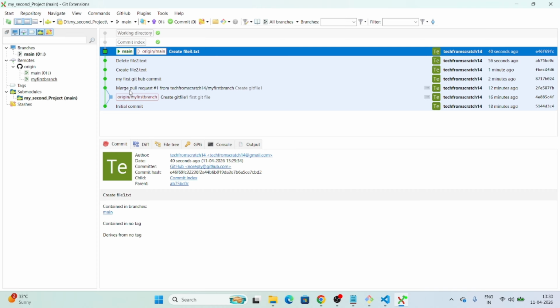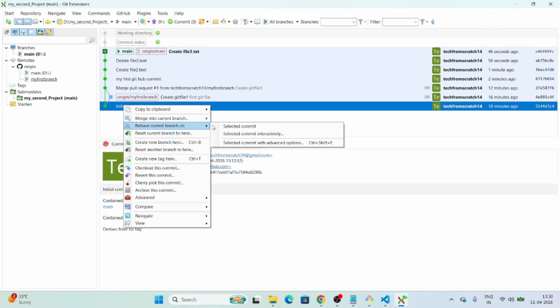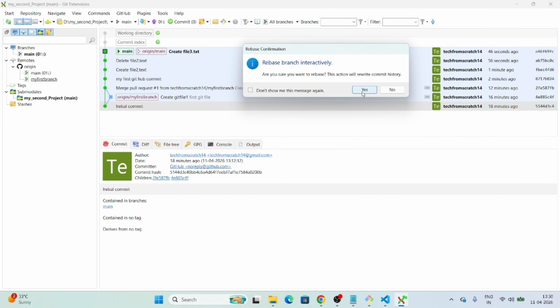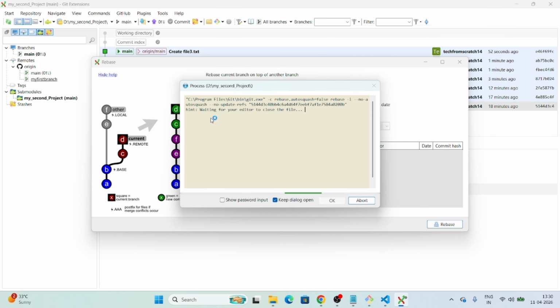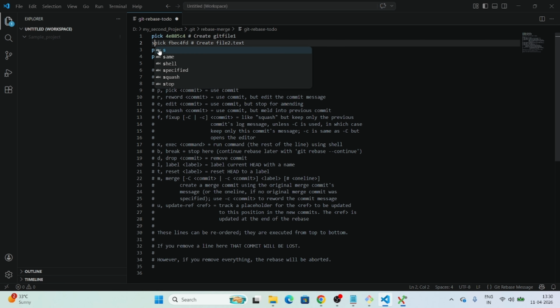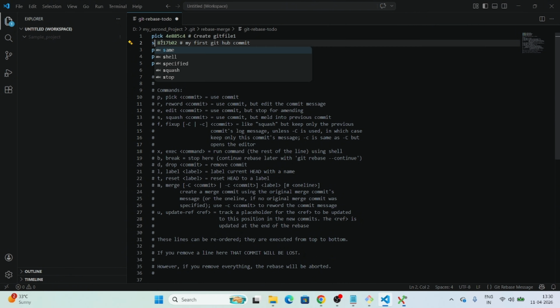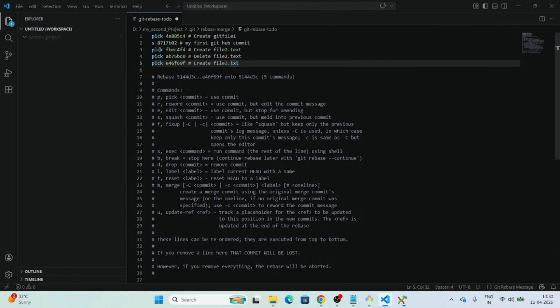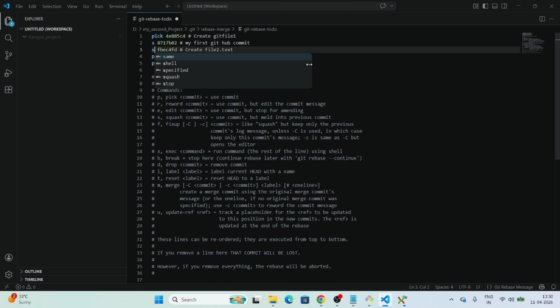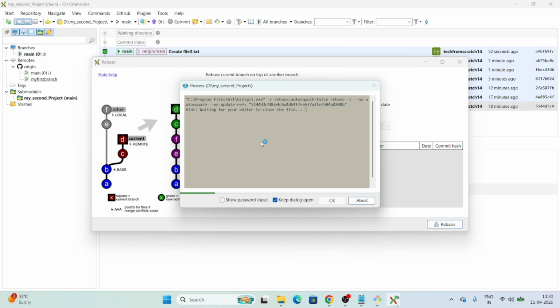Now there are too many commits. I don't want multiple commits, so I can squash all these changes. So rebase current branch, and select yes. Now it will show whatever changes you want to squash. Just keep the first one as pick, and for the remaining ones select squash, so that every commit will be squashed and it will be committed as a single commit. Now save, close,